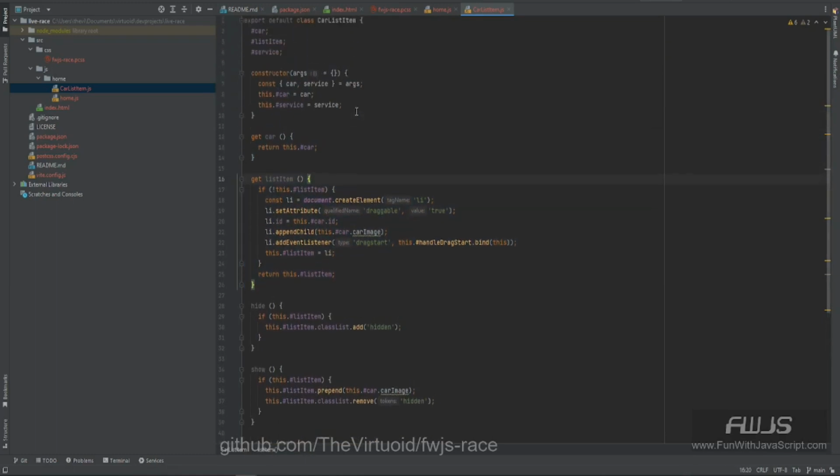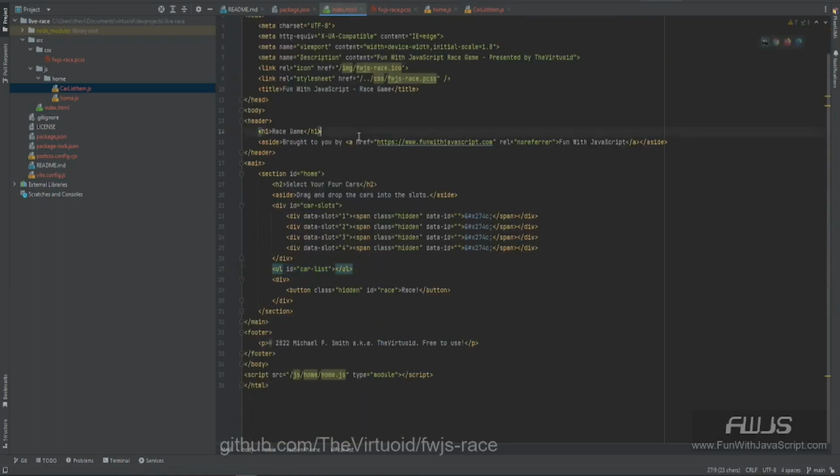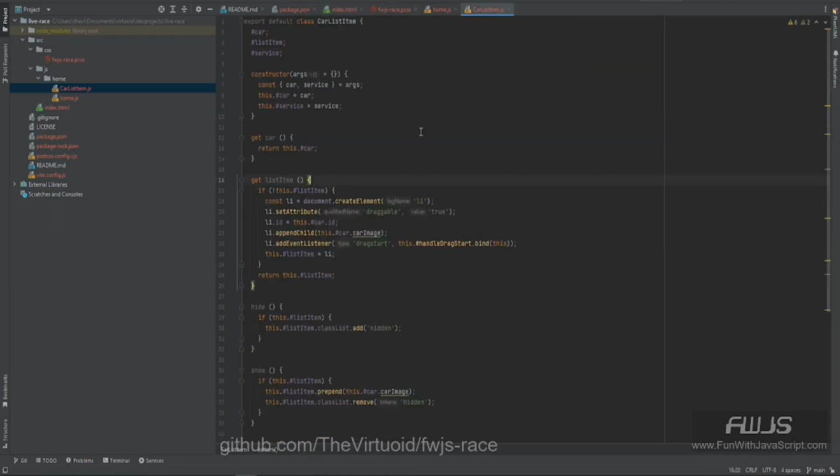This list item basically, what we will be doing with the index.html is that we're going to be producing an HTML li item here. So this is going to allow us to build that li item automatically. And what that is, we're just going to create the element, set the attribute to draggable true, and that's something that the drag and drop operation requires us to do, so it knows that it can drag a certain object. We're going to set the ID of it. We're going to append the car image to that,